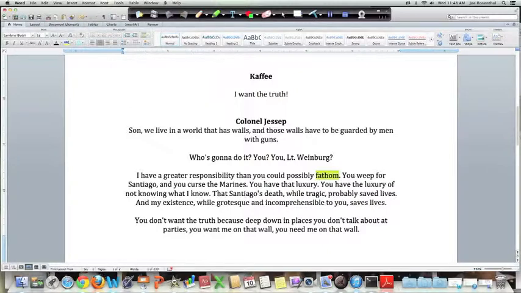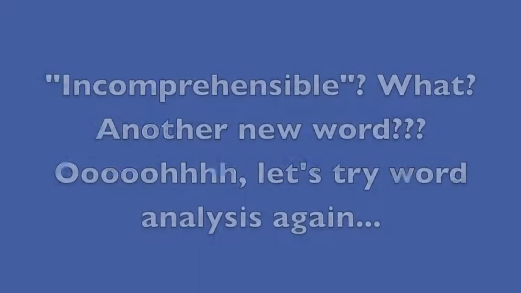That Santiago's death, while tragic, probably saved lives. And my existence, while grotesque and incomprehensible,